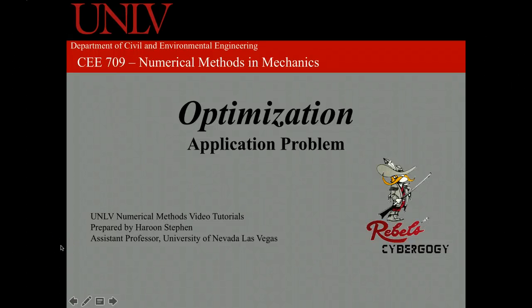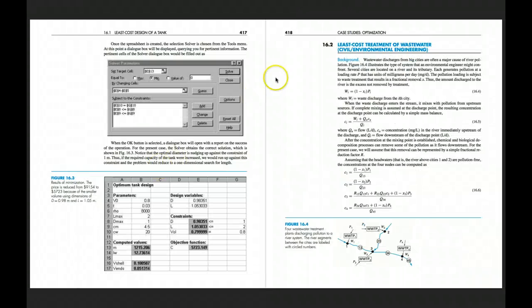This is a description of the application problem for this lab. So if you go to section 16.2 in your book, there's a case study about least cost treatment of wastewater. This is a river system with four cities, and they're all dumping their waste into the river after